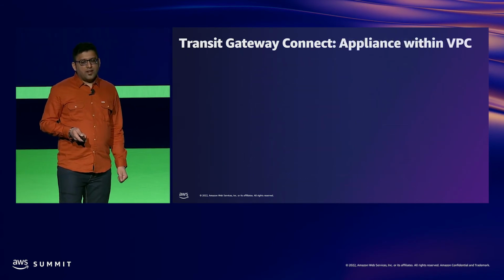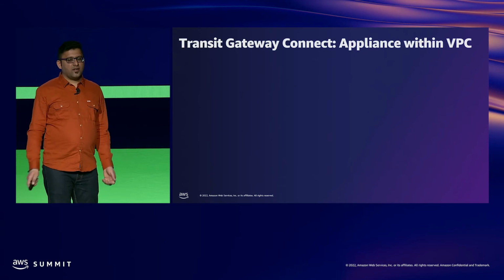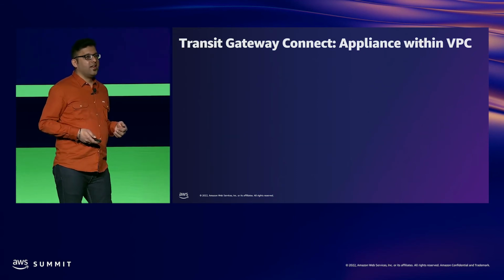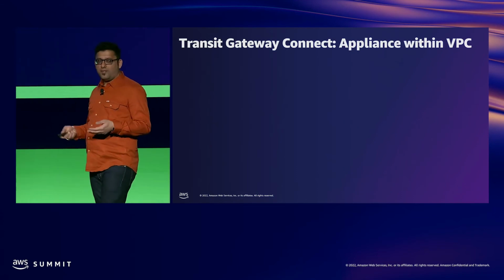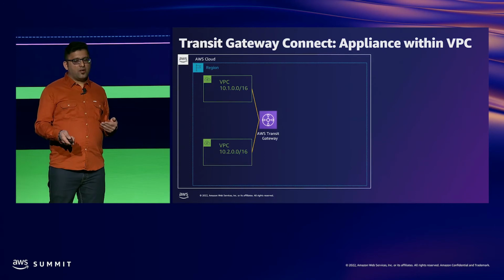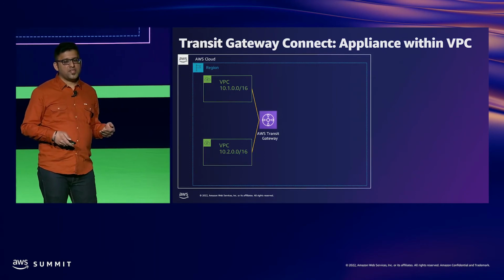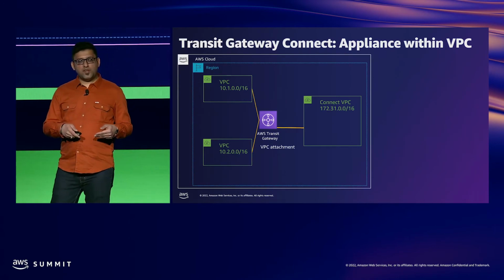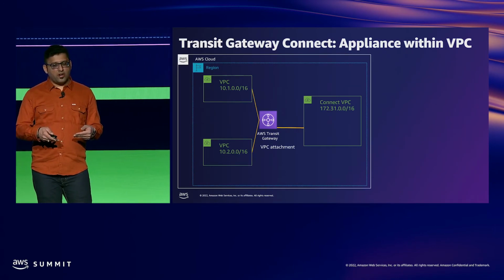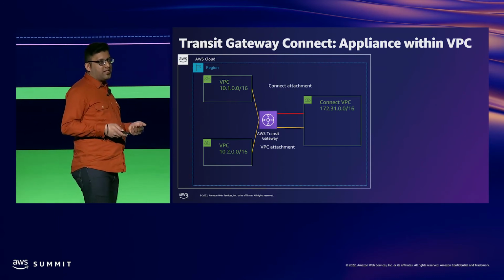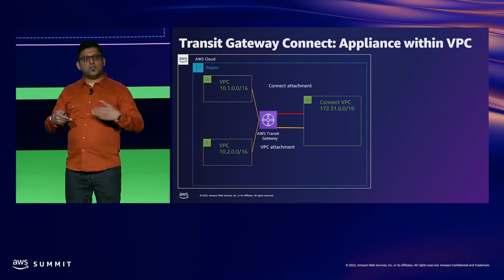So let's dive a little bit into this transit gateway connect attachment option. The first option within that is when you have the SD-WAN appliance running within the VPC. To explain how that looks, you have your multiple VPCs that are connected to the transit gateway. What you do is create a VPC attachment for your Connect VPC, which is where you will be running your SD-WAN appliance,